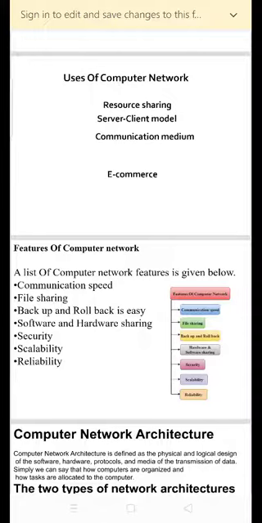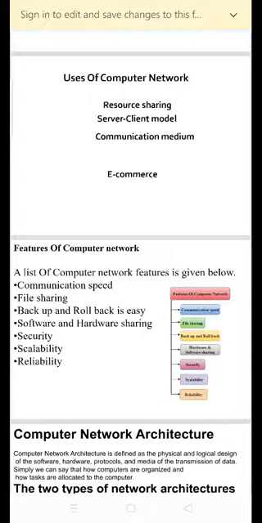So what is resource sharing? Resource sharing is the sharing of resources such as programs, printers and data among the users on the network without the requirement of the physical location of the resources and users.